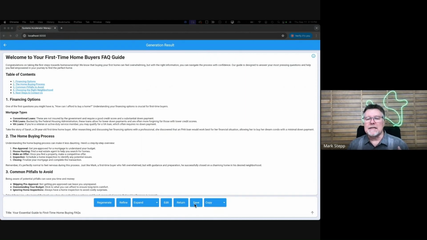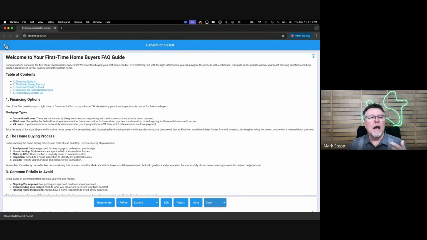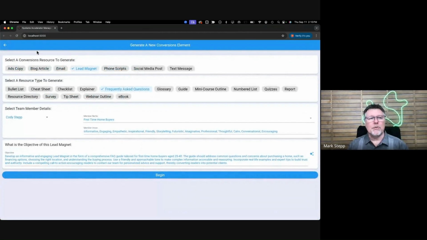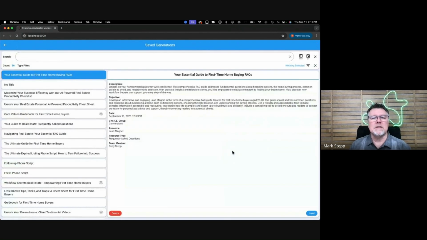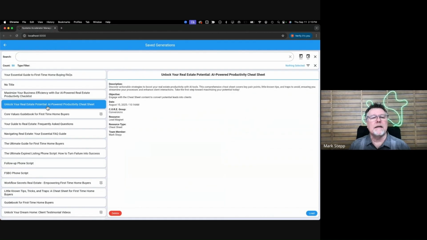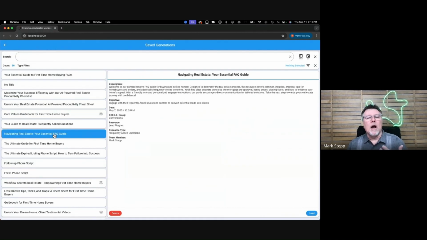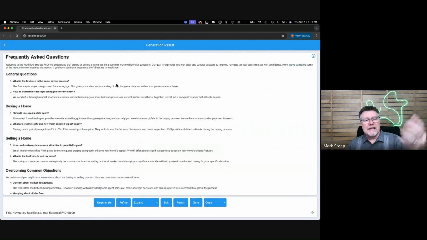And by saving this now, I can go in here, in my saved generations, and maybe I can do a search on different things. So maybe I want to pick some of your older items that maybe you've already created, load that up, then take that content, copy it, paste it into Gamma, and boom, it's got all that content created for you.